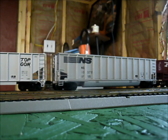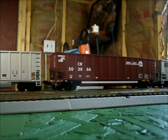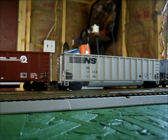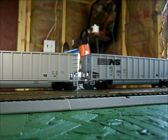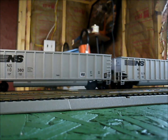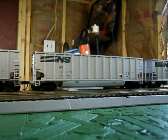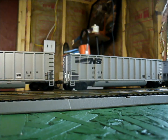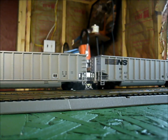The first three cars behind the first hopper you see, those are BLMA. These Conrail ones are all E&C Shops. That one right there is one of the Walthers ones. You can easily spot them because the E&C Shops ones actually have the ribs inside of the cars, and the Walthers ones don't. And I will say on these Walthers ones, buy replacement wheels if they don't come with the metal wheels, because mine still have plastic and I am convinced they're egg-shaped. Because as you've seen in quite a few of my videos where these hoppers have been featured, they just vibrate